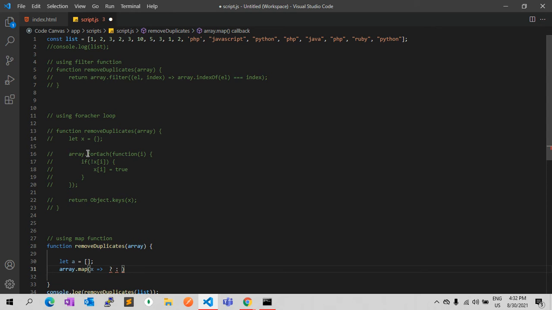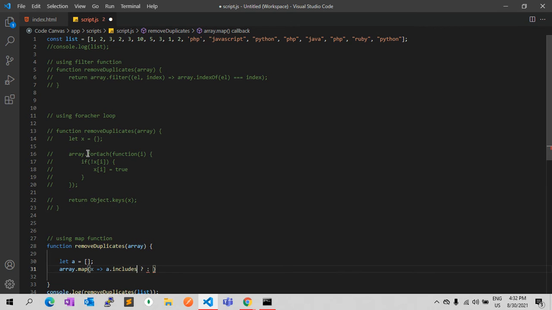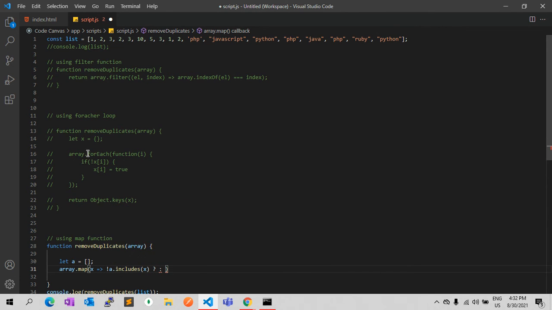The condition we need to use here: x.includes(a) doesn't exist, then it should x.push(a) into x, otherwise it will return nothing, and return a.